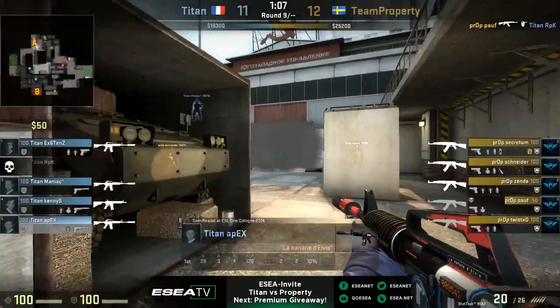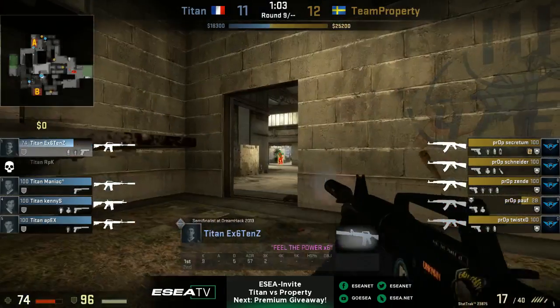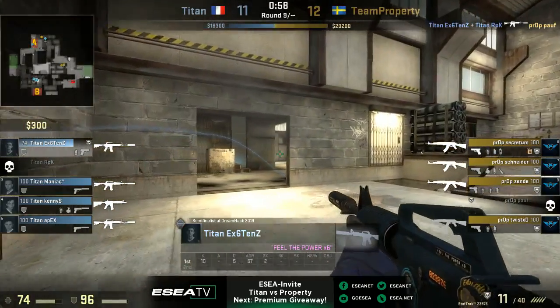That's a great kill right there. Picks off RPK, who's fishing for information. And now Property already rotating that bomb back to T-spawn. Looks like they want to try and build on this until Existence just steps in and takes out Palf. So now...